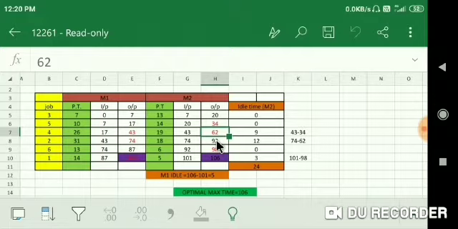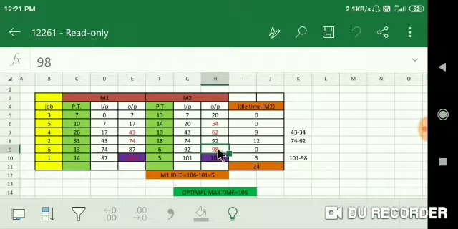Then we have to check again. This is 92, and the input for M2, which is the output of M1, is 87. So no need to think more, because we have finished at 92 and the raw material is already available. So we start from 92 and the processing time is 6. So 92 plus 6 is 98.